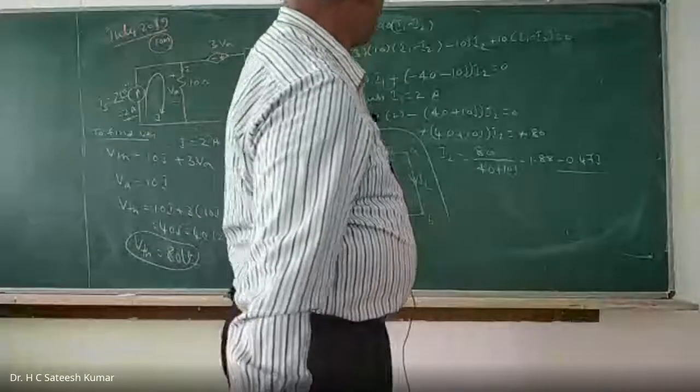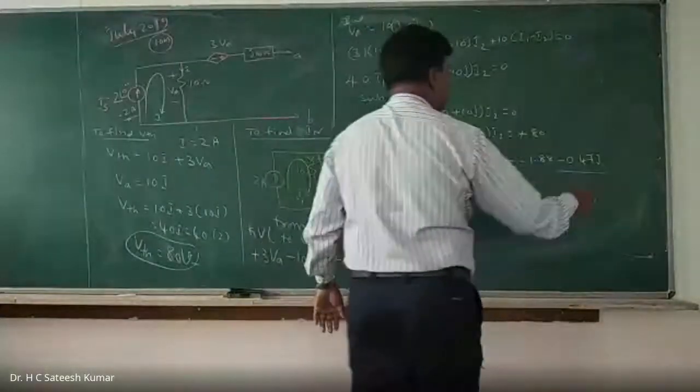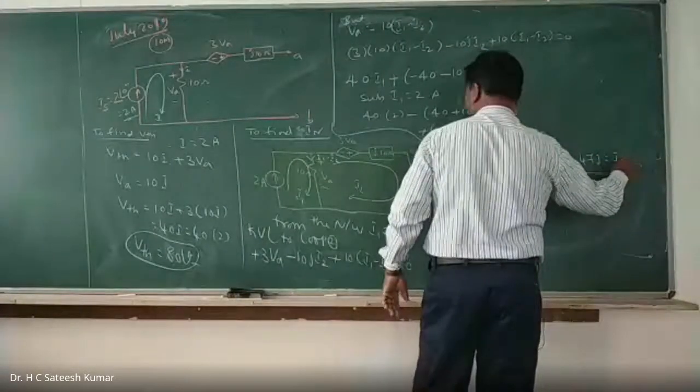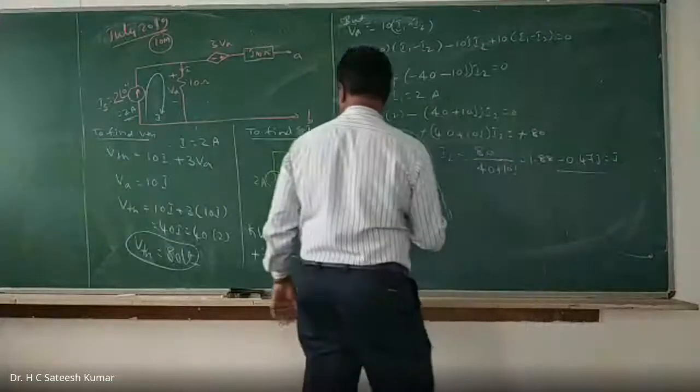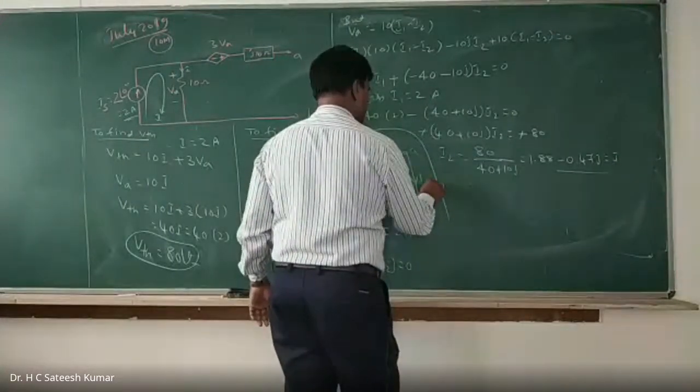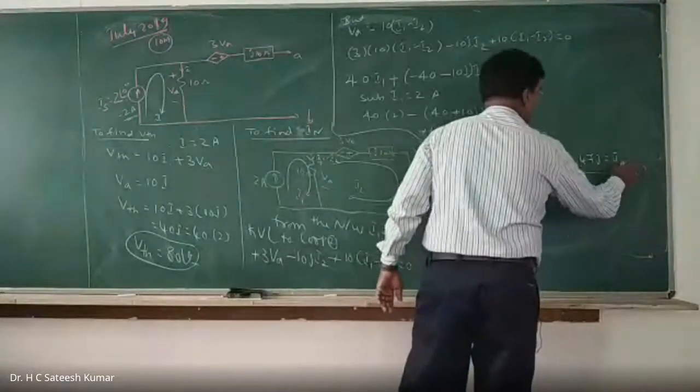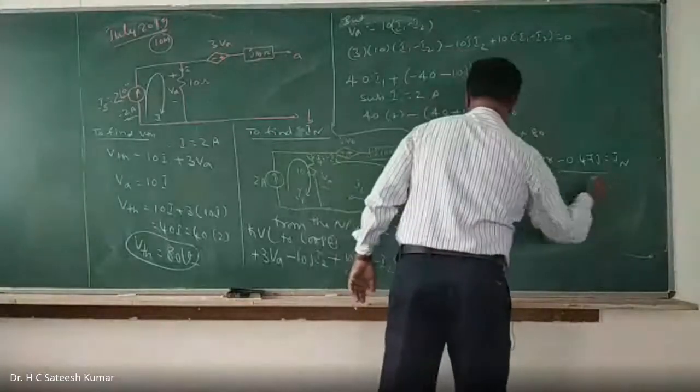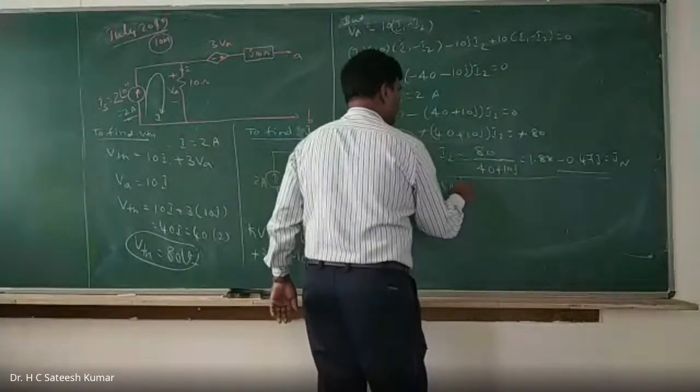Now, what about IL? Sorry, it's not IL, it's IN. This is IN, which is equal to IN, Norton's equivalent. We got it. Next, the third step is what? To find